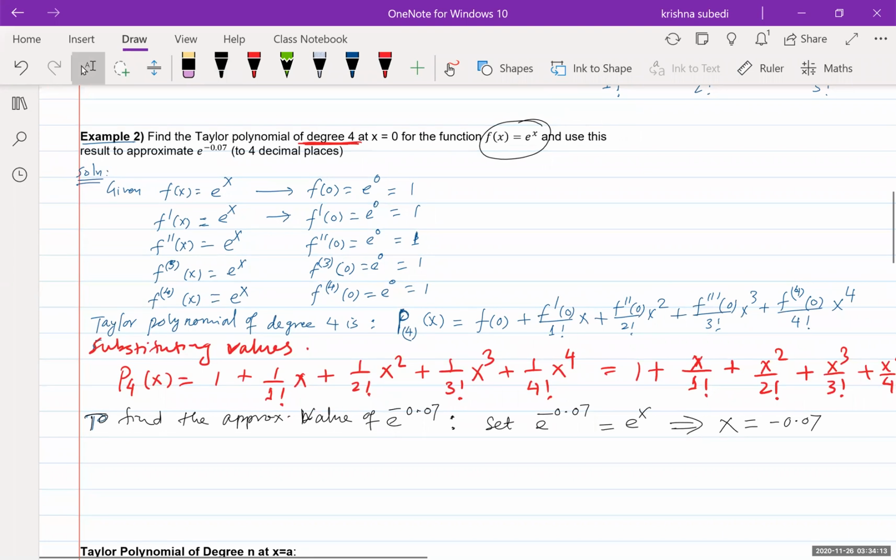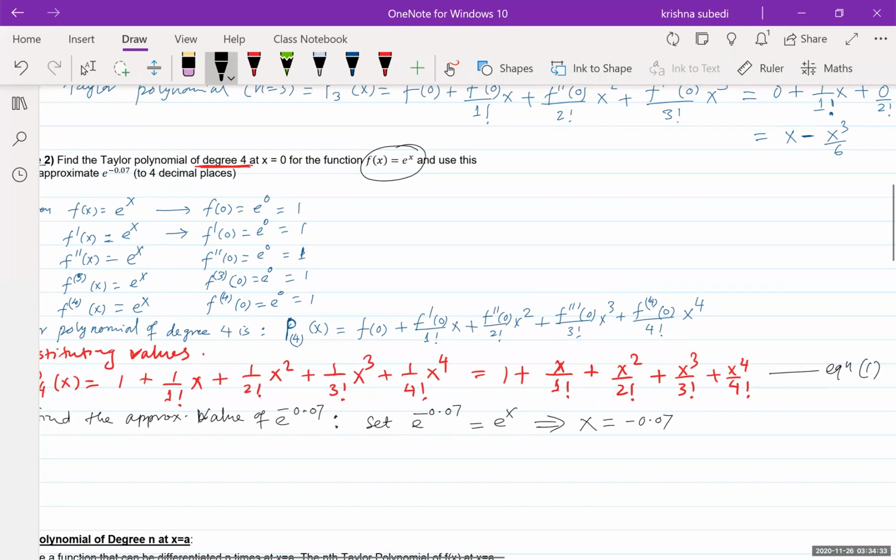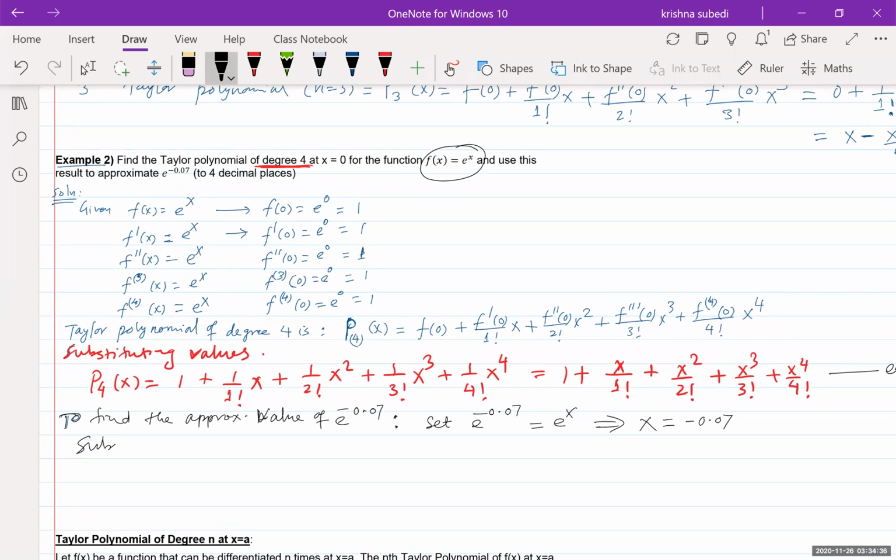Okay, because we want to find the value of e to the negative 0.07, which means x equals this. Now you just substitute the value of x in that equation. Let me write this equation 1. Okay, this is my equation 1, let's say. Now substitute the value in equation 1. In equation 1, so what you get is